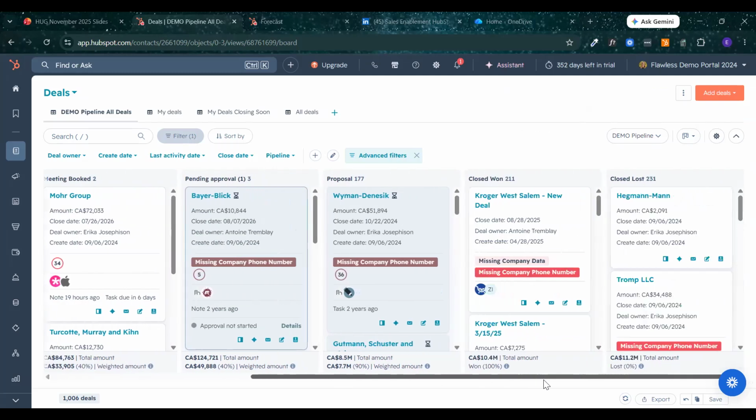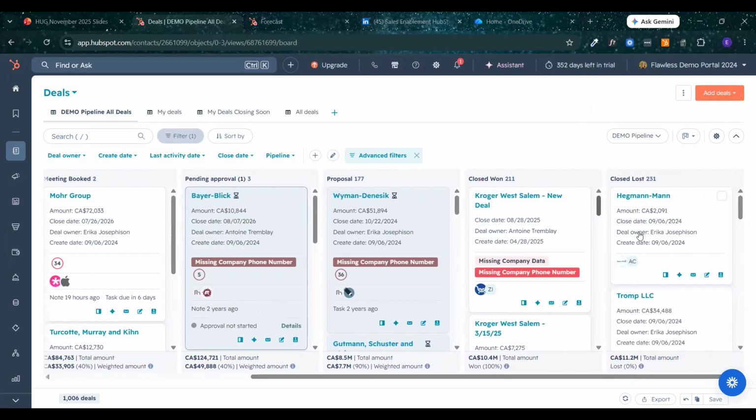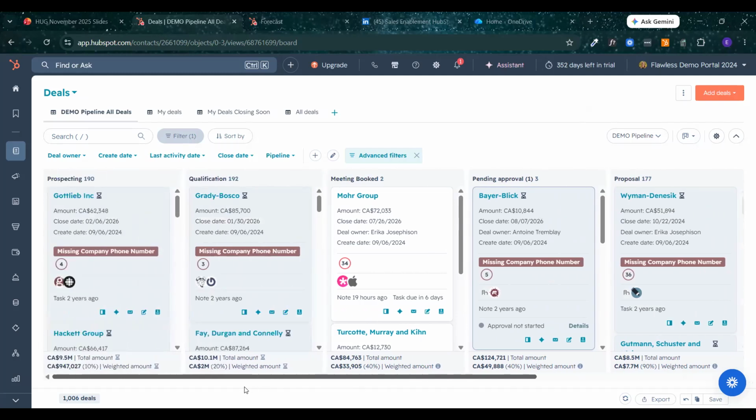Some of the most common ones are obviously reasons for closed lost and closed won. We always recommend a closed lost reason field as a required field so that when somebody tries to move a deal to closed lost, they have to say why. That can be open text, that can be a set of drop downs that you have, whatever works, but it is a really good way to do an analysis on why deals are maybe not closing or where they're being lost to. That's going to come in handy for you when you are reporting later on.